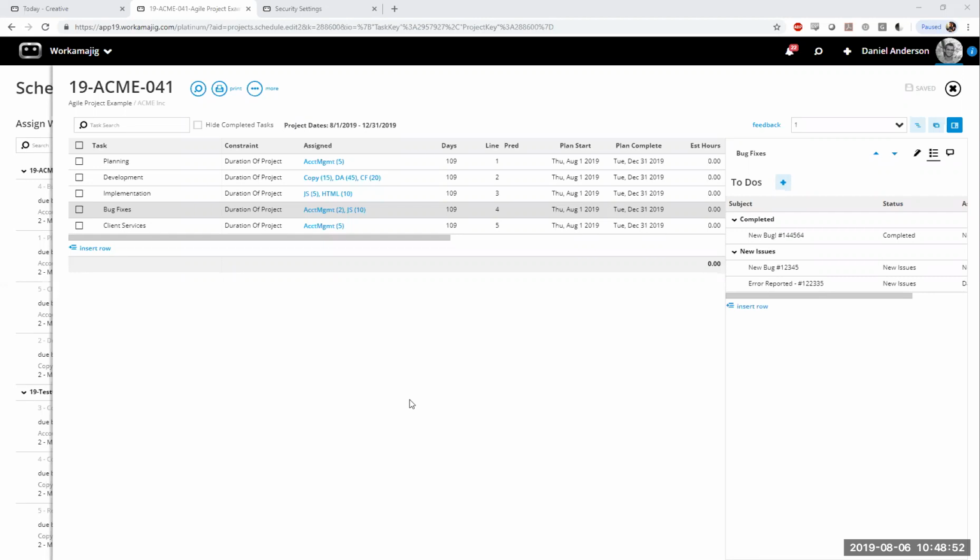I can email that comment out to somebody here. And then at the end of the day, I can go ahead and mark my task or this to-do as completed. And that will actually drop it off of the to-do list here. It will show you there's now only one open to-do. And one of the strengths for this here is, again, if I'm looking at the task or if I'm looking at this project and I'm looking at that task in particular for bug fixes, when I look at the to-dos,